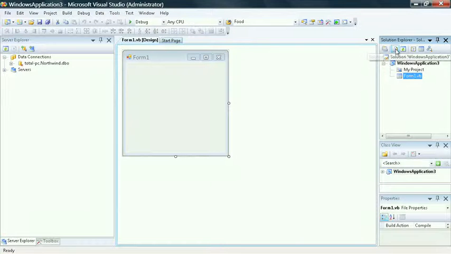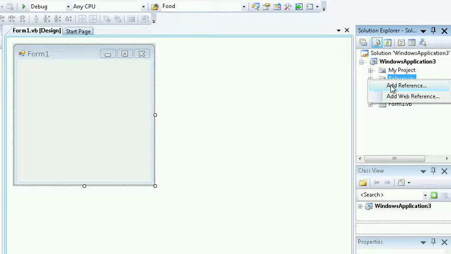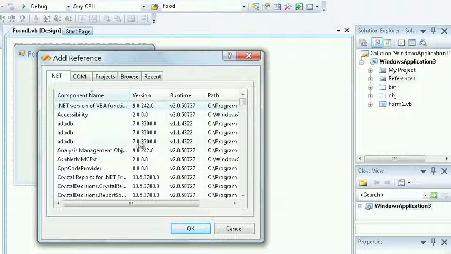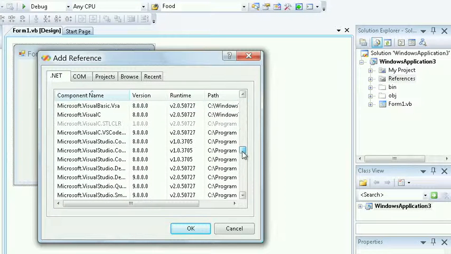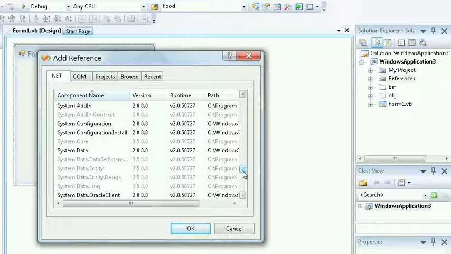In your Solution Explorer, select the Show All Files button. This will allow you to see the references that you can work with in this particular application. Right-click on the reference and say Add Reference. This pops up the Add Reference dialog box. Scroll down to the System section. As you can see, there are a variety of System components. These all belong inside the .NET Framework. You have System.Data for working with data,